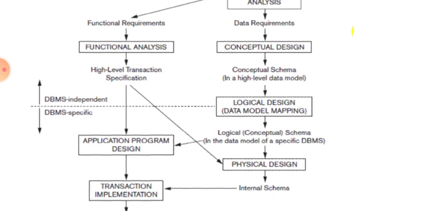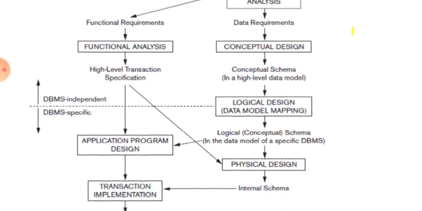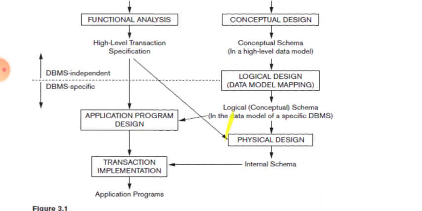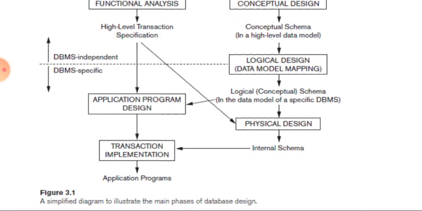Once you study these high level function specifications, taking that into consideration, you can go for application program design, because you have to carry out how the functional process goes on. So you have to develop a computer program for that, that is called application program design. At the same time, you have to study how the data should be stored. You should also concentrate upon physical design, that is the arrow you can see. After that, at the bottom you get transaction implementation, which comes out at the bottom as application programs. The internal schema is relevant to both physical design towards the right and transaction implementation towards the left.